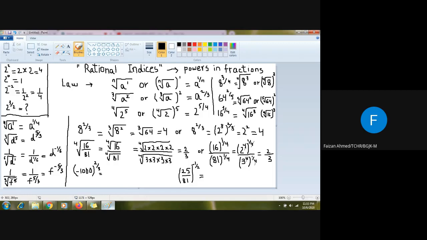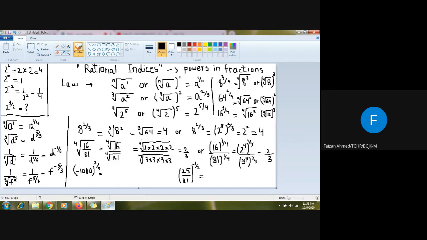I will just think about a number whose third power is 8. I came to a conclusion that 2 to the power 3 is basically 8. So I have replaced this 8 with 2 to the power 3. What happens now? This 3 and this 3 will be cancelled out, and 2 square will be remaining. So 2 square is 2 times 2, that is 4. So you are getting the same answer with both methods. Now it's up to you to decide which method you choose.